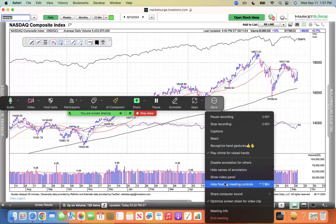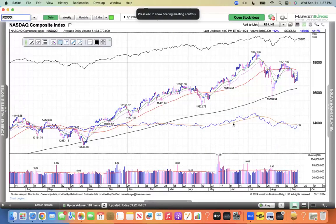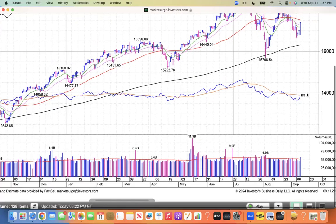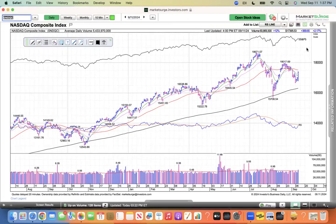You are looking live at a daily chart of the Nasdaq, which was up 370 points today, or 2.17%. It closed at 17,395 with 12% above the average volume. So that would tell you that probably not just short covering, institutions are starting to jump in here and not waiting for a follow-through day on the fourth day. We're getting a follow-through day on the third day, which, technically, you're supposed to wait to the fourth day,